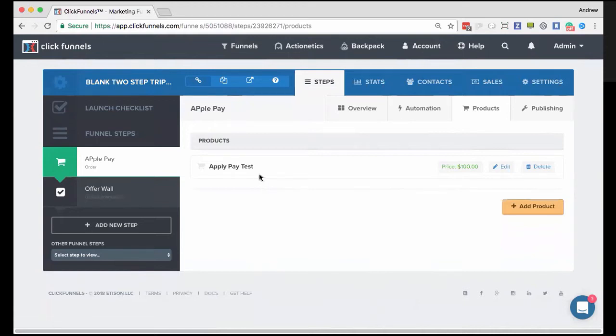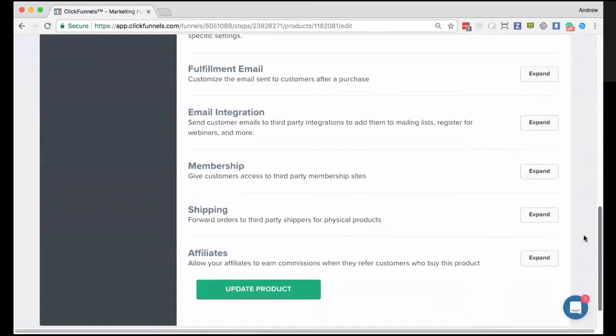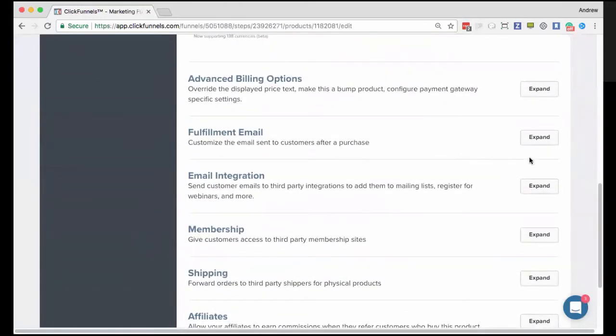However, to be able to resolve your solution here, the first thing that you want to do is go into your product settings and then eliminate the thank you page. Because the thank you page is what will show as dynamically updated on the order form page. All that stuff here, that's done underneath fulfillment email.